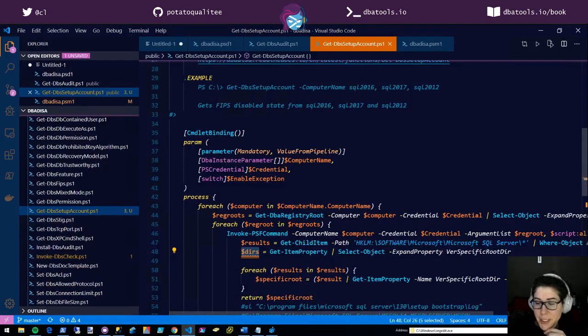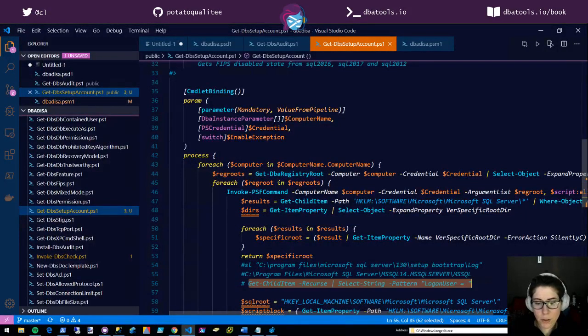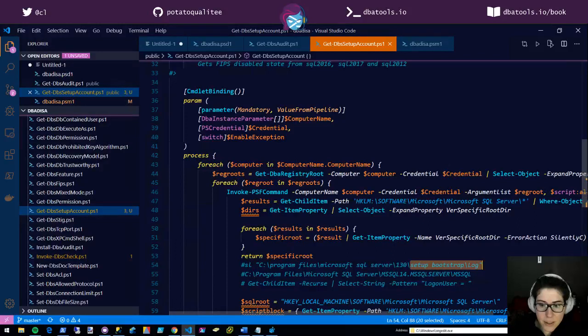So I got my directories, and now what I want to do is I want to parse through those directories for some select strings. Finally. Ew. Wait. So it gave me the bootstrap log. Okay, then I need to do this. Right? Okay. So here we go. Okay, so this gave me what I want.